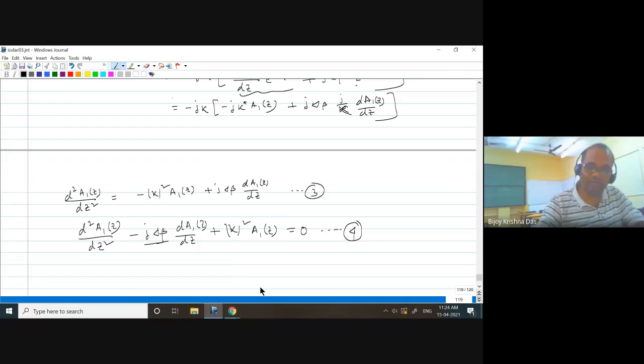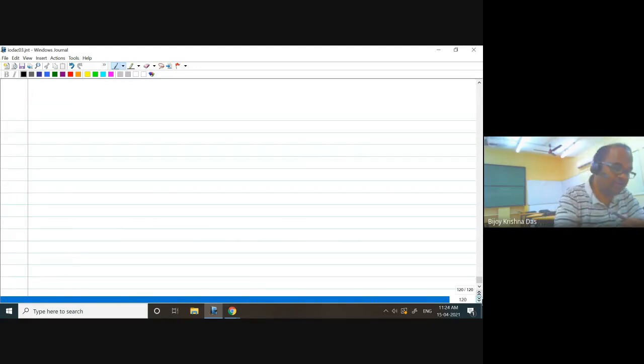Okay, so the final equation is, if I just see this one, A1(z), I think better I write on the second page, that would be better. So the A1(z) solution will be something like this. One thing you should keep in mind is that when you solve a differential equation, many constants will be there. It is a second order differential equation, so two constants will be there. If you integrate one after another, you should be able to solve that. But those constants can be solved by considering boundary conditions.